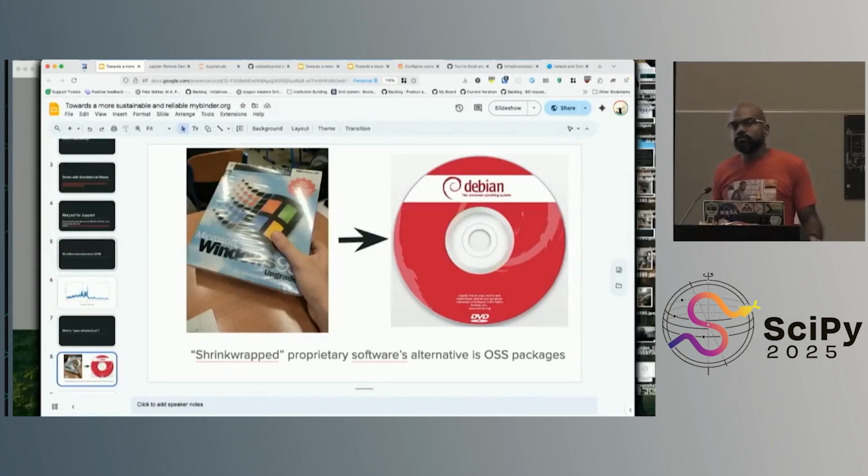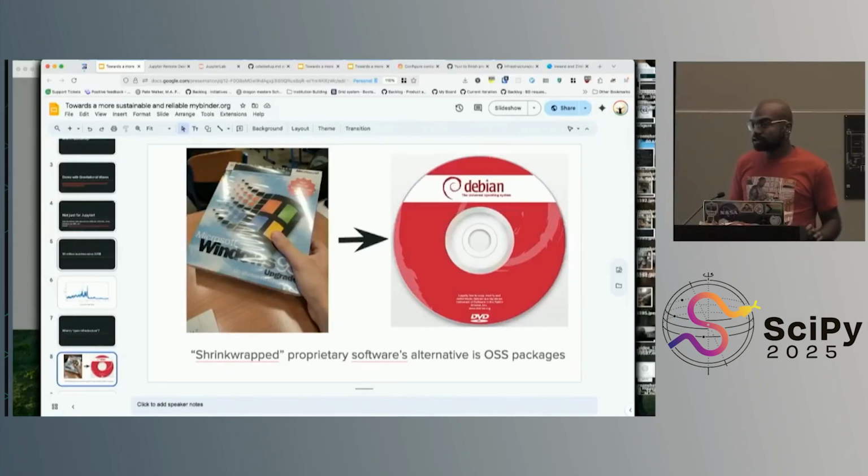But the more important difference is that if you want Windows 95 to do something different, you kind of go join Microsoft, grind your way up the ranks, and by the time you get to a position of power where you can make choices like that, you have forgotten what you actually wanted to change, right? Because you have had to do so much and become kind of a different person that you are like, oh, I just wanted the start button to be a different color. It just doesn't really hit anymore, right? But you can do that with free software. The people who use it are the people who build and control it, and that's what really matters there.